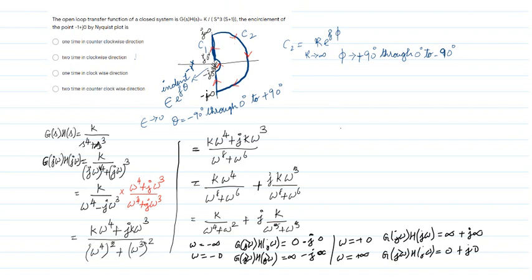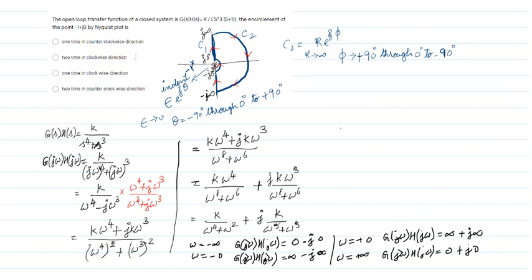First I am putting omega as minus infinite. I am starting with this point. Put it here: minus infinite to the power 4, it's an even power, so it becomes plus infinite. K by infinite is 0. These are even powers, right? Then the odd powers, omega power 5, omega cube, by infinite, I'm putting minus infinite, so I get minus 0. When I put omega as minus infinite, I get the value 0 minus j0.